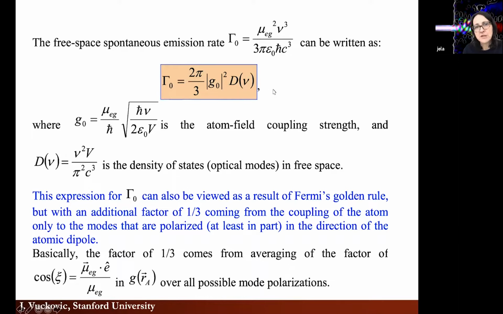So if you look at this expression, of course, this is written just for free space, but if your G changes somehow or your density of optical mode changes, then spontaneous emission rate would change. Does that make sense? Okay, so now, going back to this,